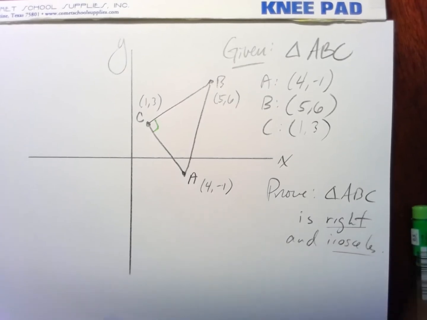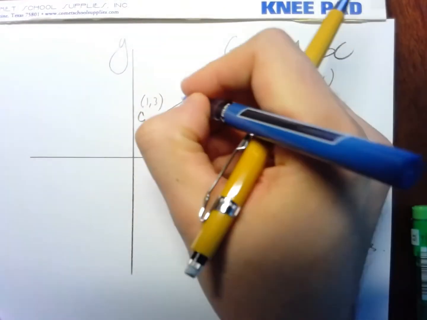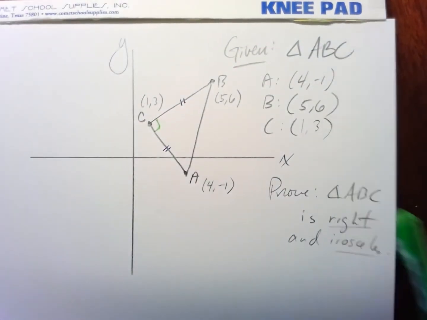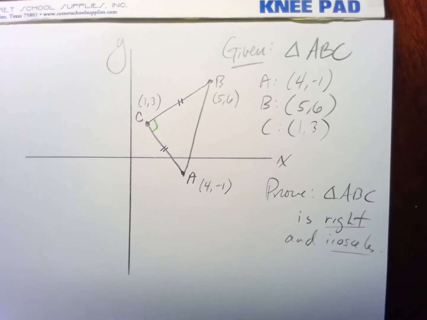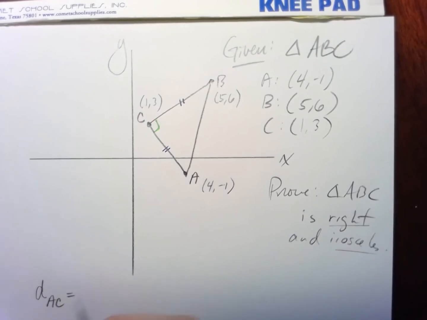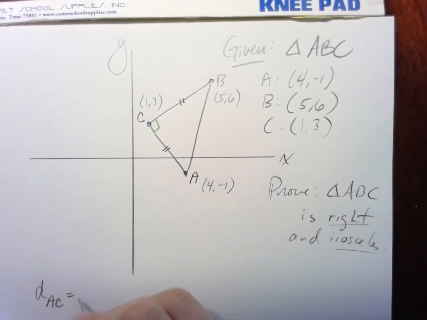And it also looks like maybe, just maybe, that that side and that side are congruent, so it might be worth our while to show that those sides are congruent. So let's start out with that. So let's say that the distance of AC, okay, the distance of AC